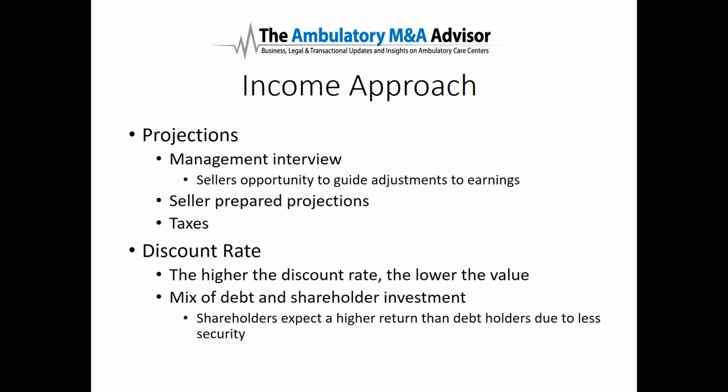And obviously different buyers have different thresholds on how much they need as a rate of return on their investment. So the higher the discount rate, the lower the value. So when we're carrying it back, with my example, I gave you 10%. Well, if you need to get a 20% return, then you're going to put in less than $1,000. If you put in 900 something, like 920, whatever the math comes out to be, you get your 20%, and then you have your $1,100, right? So the higher the discount rate, the lower the value.